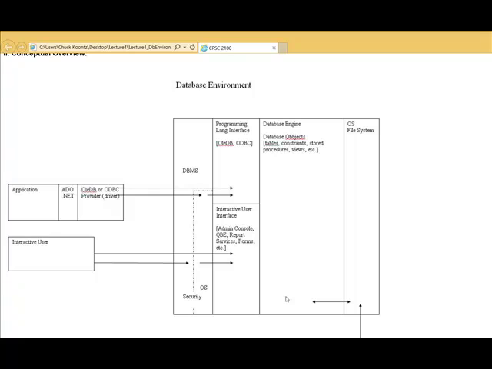How do we make queries? How do we read and write to the actual data store? Well, there's a couple of ways. One, we could use the database through a database management system console, which I will demonstrate, and this is really what we did in Microsoft Access as well. But as an interactive user, if I want to use the database, I would have to interact with the database